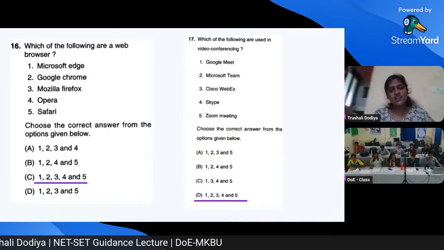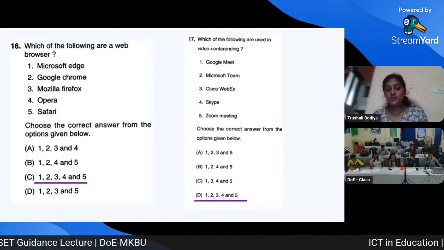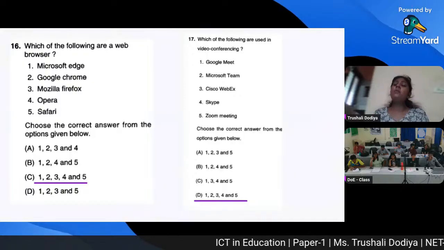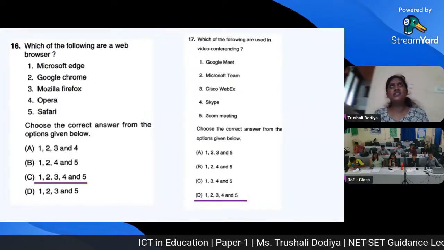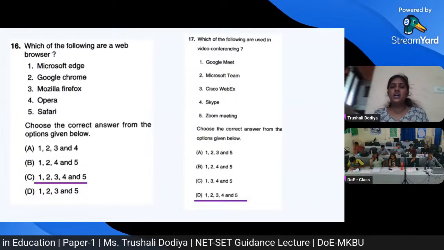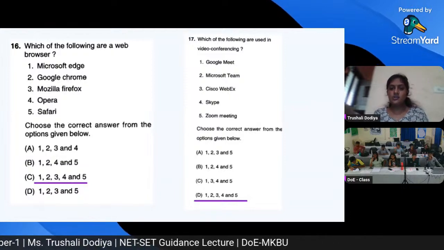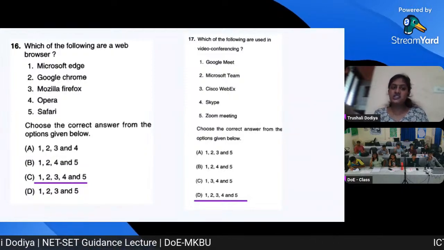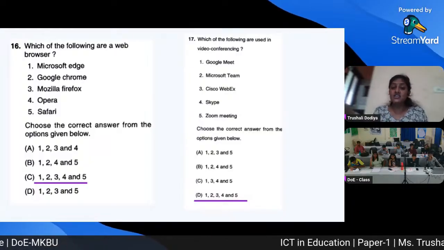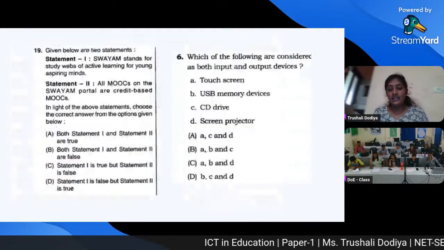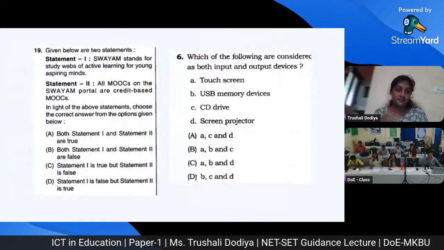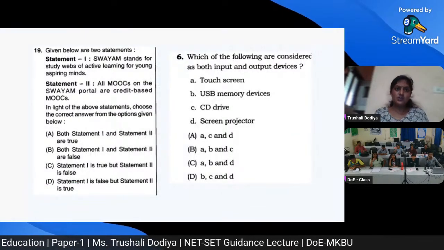See, in GSET, the questions we have seen so far are from GSET. In GSET, they are asking very common aspects, like once there was asked what is a home page in web. So it is quite easy. In GSET, some of the easiest questions are being asked. There is not as much complexity in the questions. But in NET, they are leveling up in terms of ICT and all the questions,